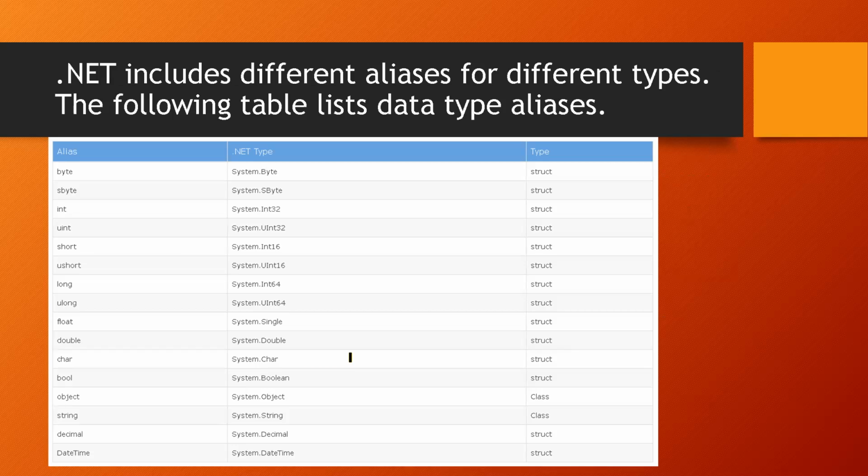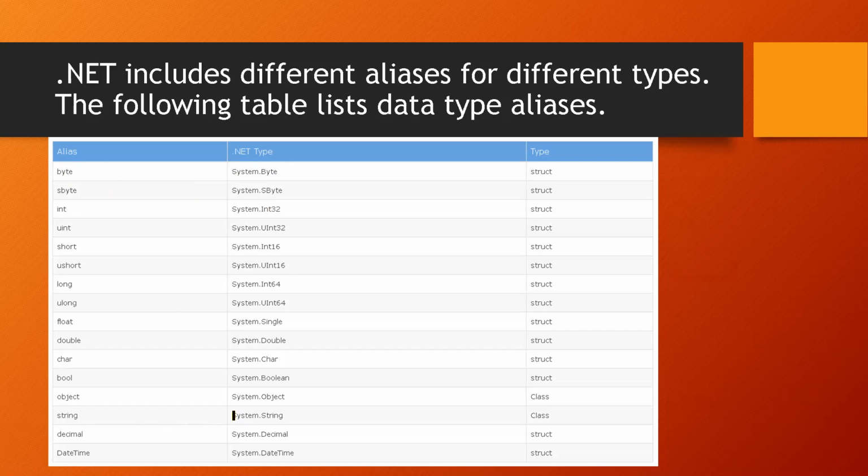In .NET, there are other types, and each type has an alias name. .NET includes different alias names for different types. These are examples like byte: System.Byte is a fully qualified name and byte is the alias name.